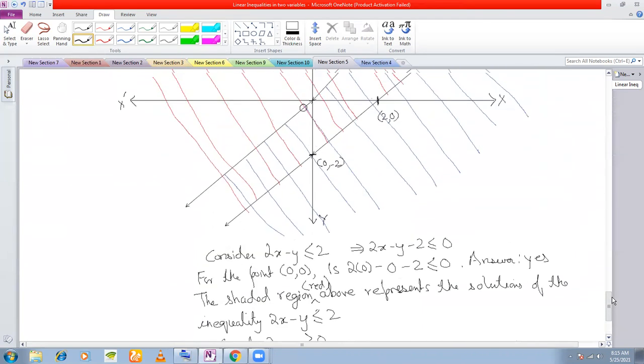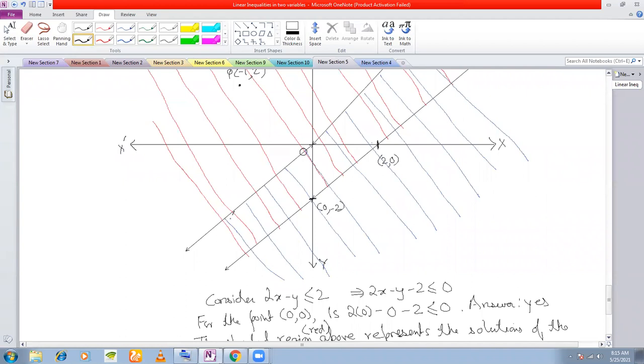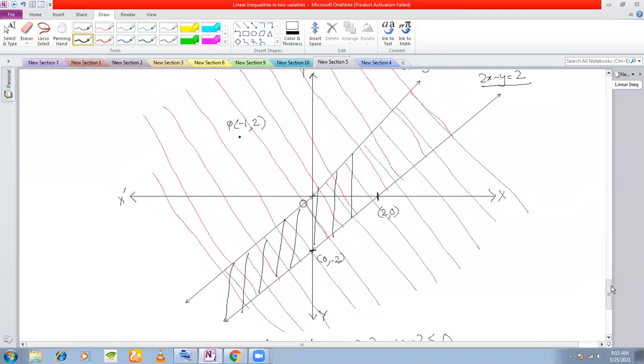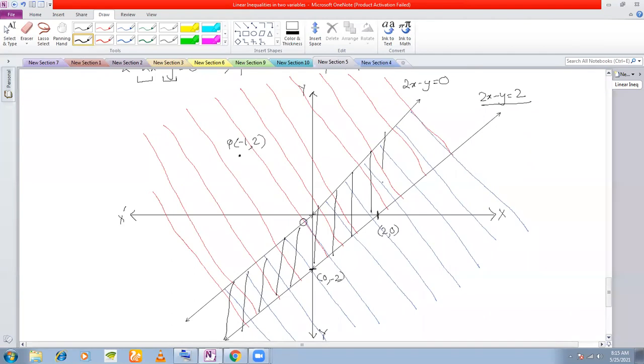Okay, so what is the common region here? The one between the parallel lines, right? Yes, sir. In fact, they continue to the left hand side and the right hand side. Okay, but this is a small part. The solution set extends up till infinity. Fine.